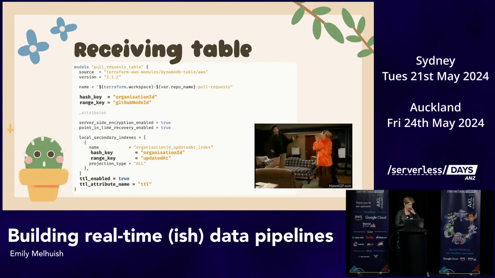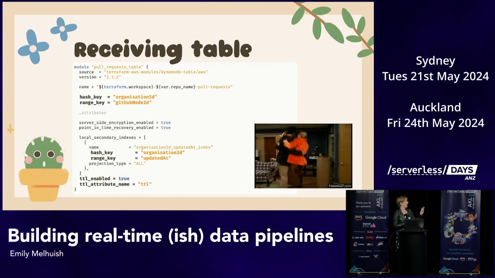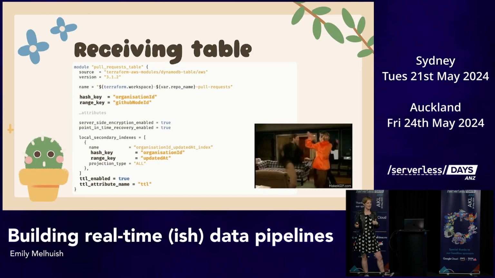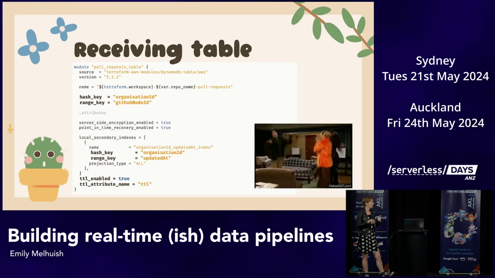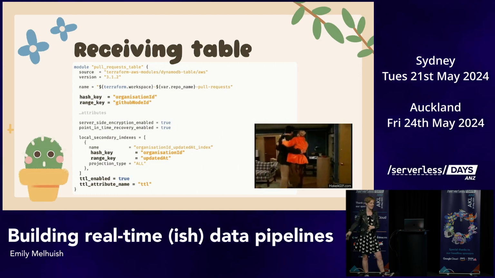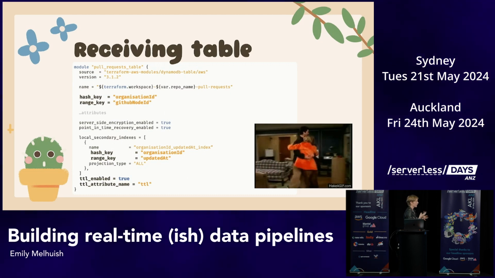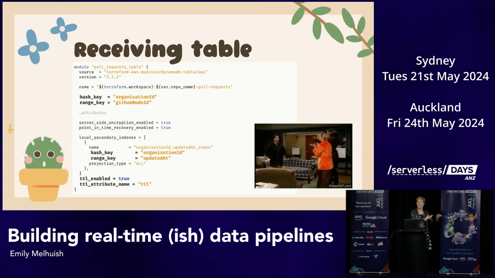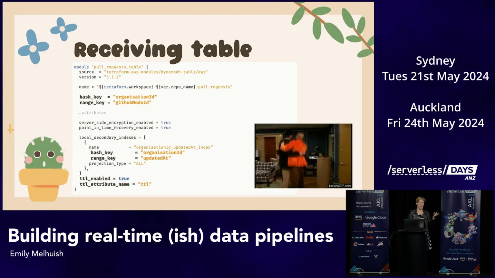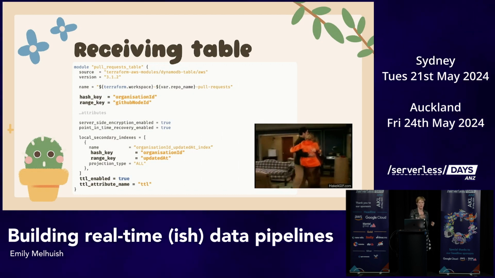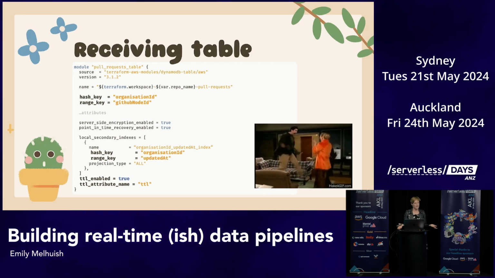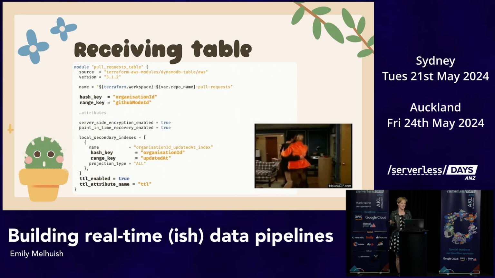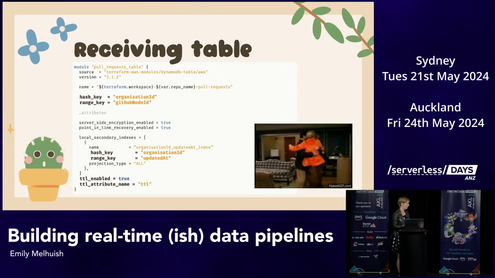Some of the most important fields here, kind of ignore the other ones, is the hash key and the range key. So hash key is how the data is partitioned. Obviously you want this by organization ID. That is how your reads and writes are managed as well. So it means you can read and write the same organization without impacting others. And then the range key, this was to do with how we wanted to write the data. So obviously, we wanted to do an update on a unique pull request ID. So therefore, we set our range key to that. So therefore, it's a unique key. And every time we call an update, it knows to either create it or update it, which is quite nice. But then in terms of how the API accessed the data was that it pulled the latest open pull requests.